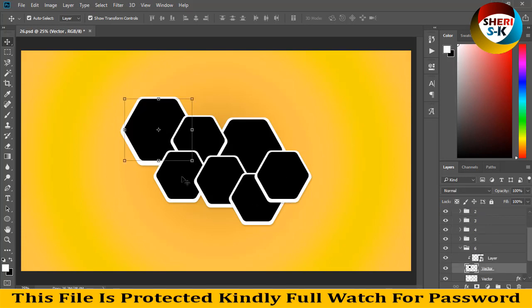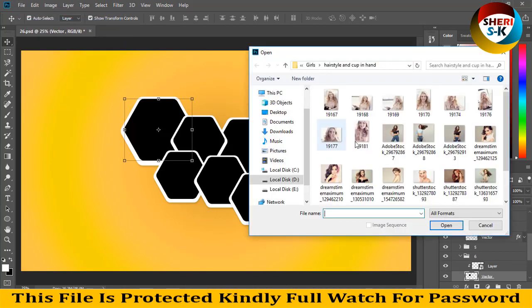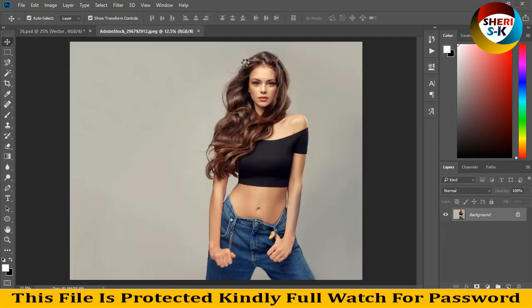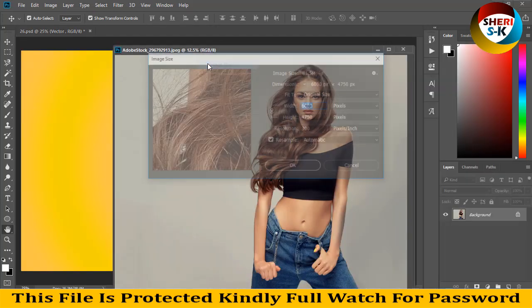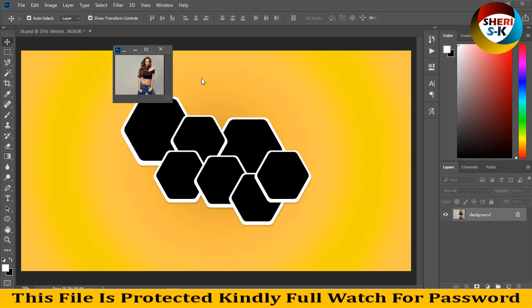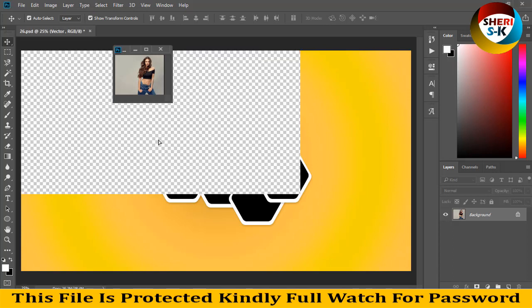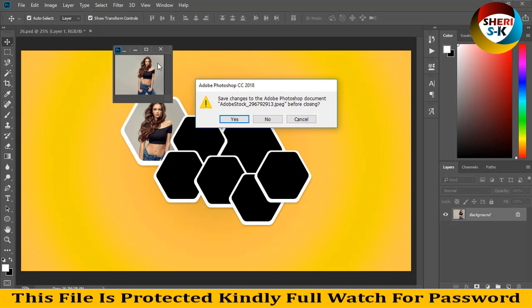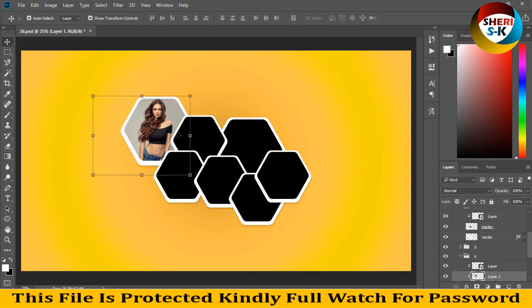Here are 7 photos, 1 2 3, and I know you can do better. Just click on the shape and open a new photo like this. Right now, 1000. I have a high definition photo and then convert it to low resolution, 1000. So here you can adjust one by one,